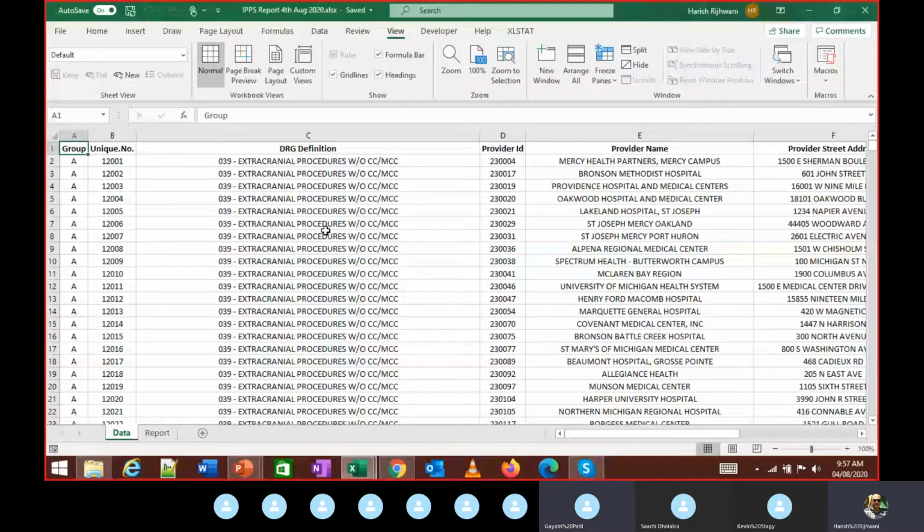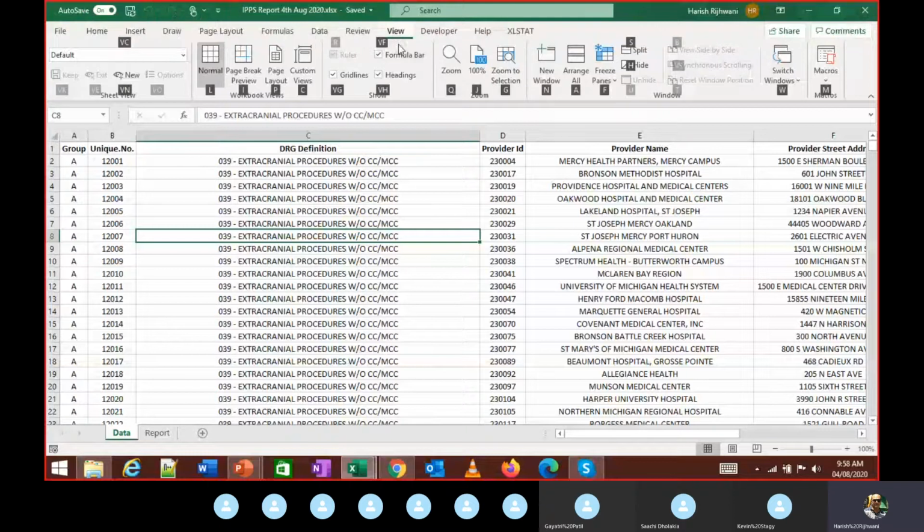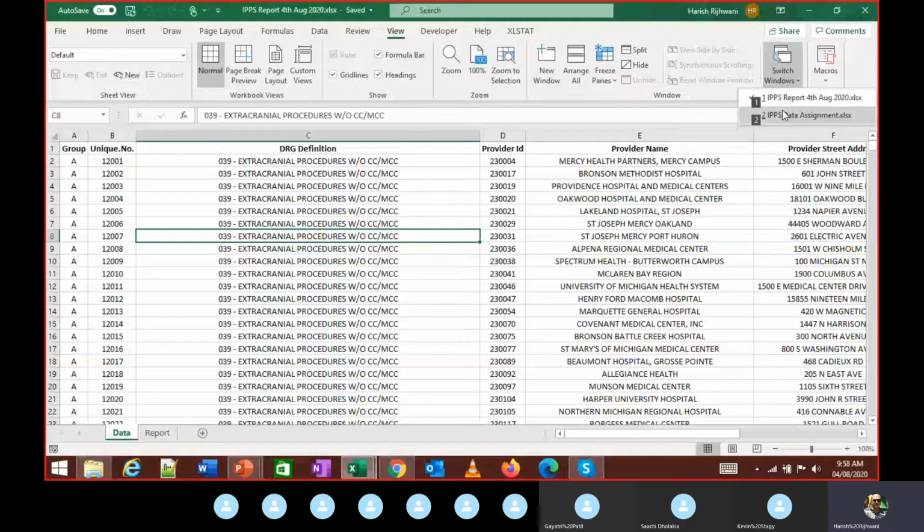Yeah, so you press Alt, right? When you press Alt, the first thing you should see is these symbols coming up. These are shortcut keys. If I press F, it will go to this file. So I'm going to press W. When I press W, I see more details in the View ribbon. And again, when I press W, I see the list of open Excel files over here.